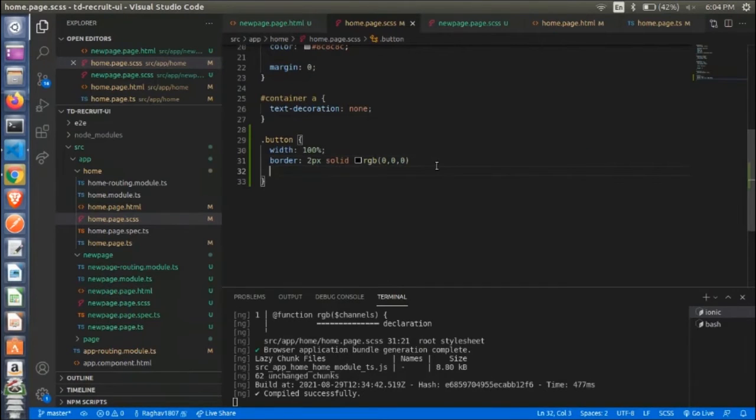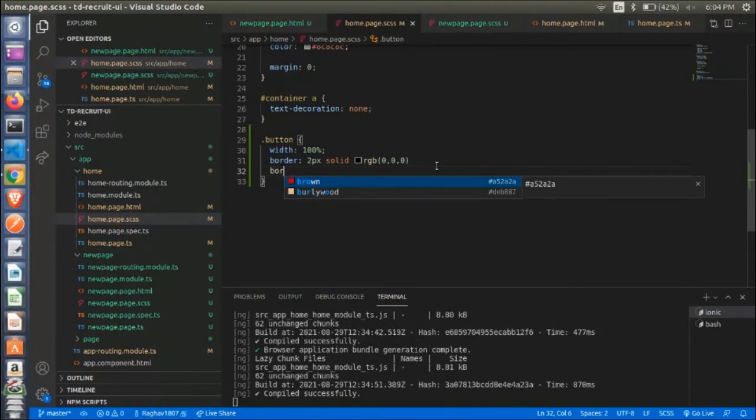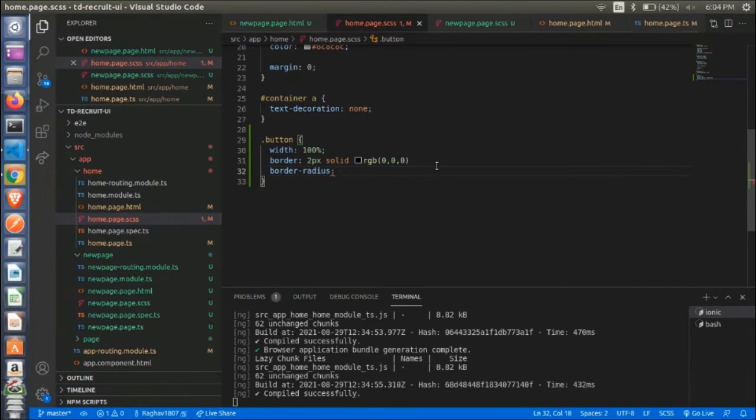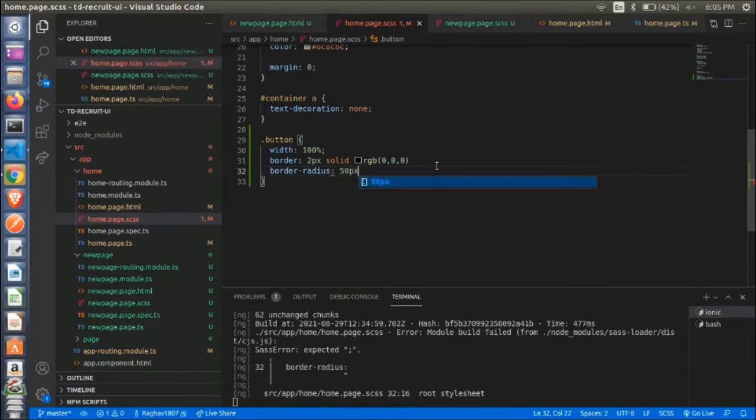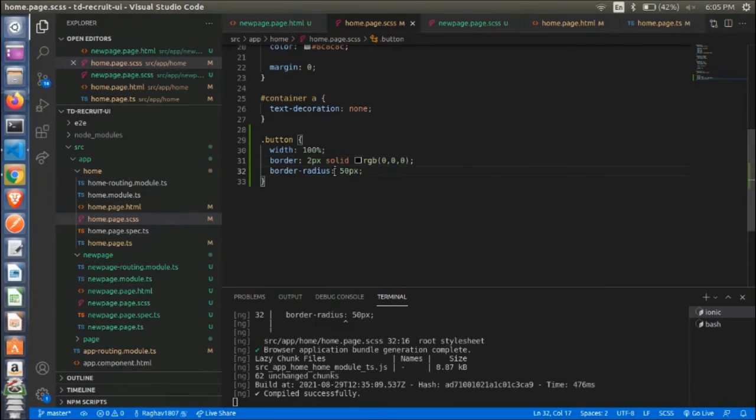Next, let us give the button some border radius. So I will specify border radius, and let me say it as 50. I did not give a semicolon. Okay. So I will give the border radius as 50 px.